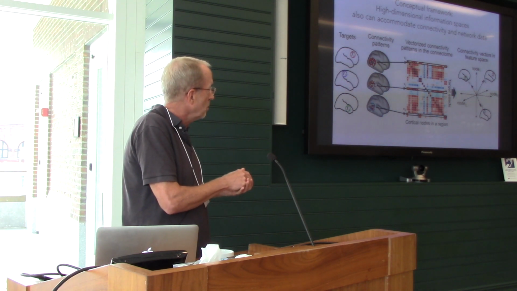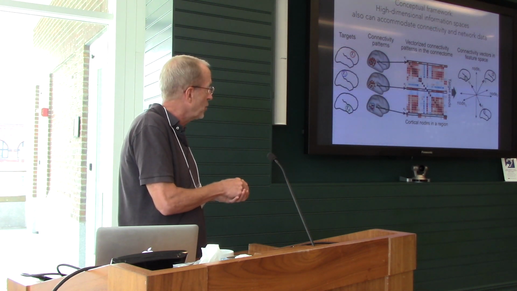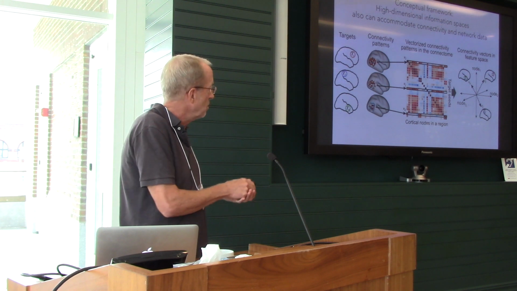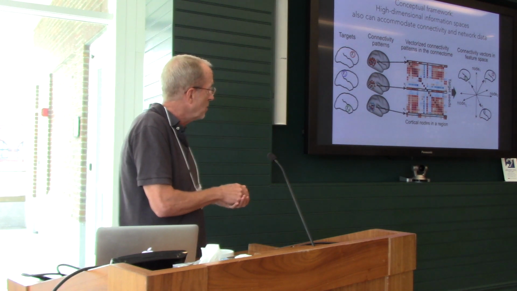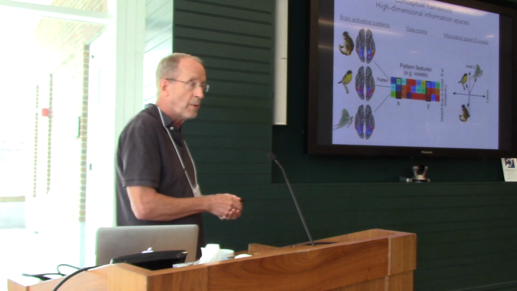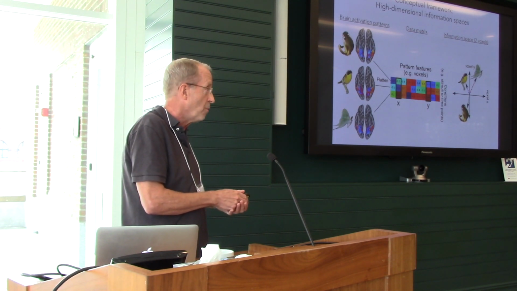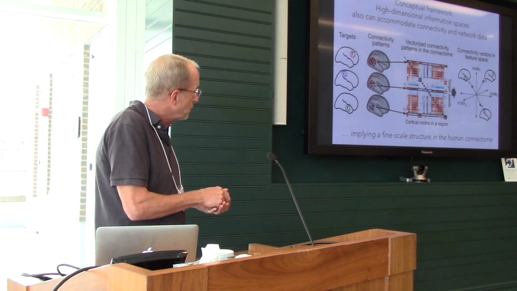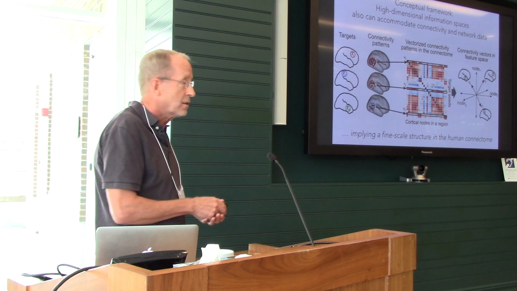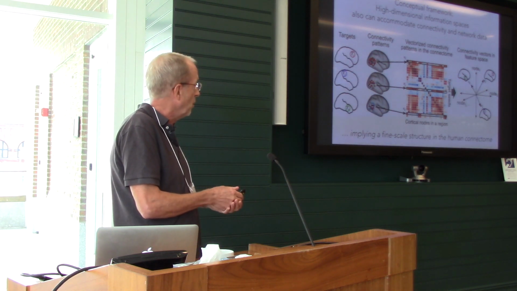Before I was talking about response pattern vectors. Now we have connectivity pattern vectors, but it's the same math. It's a data matrix. It's got rows that are vectors, and these rows that are vectors live in an information space with the same dimensions as the dimensions in the response space. So we're talking about the same space. We're just talking about two different kinds of information in that space. Okay? And this implies that there's a fine scale structure in the human connectome. And I'm going to show you that that's true, something that's been unappreciated before.